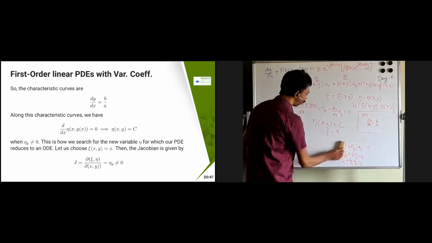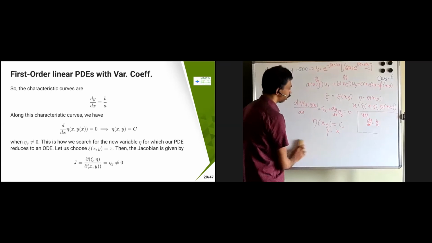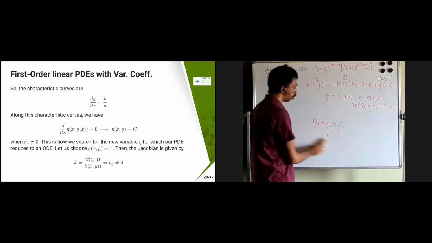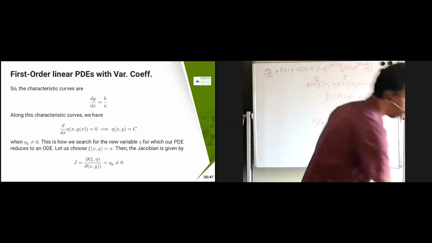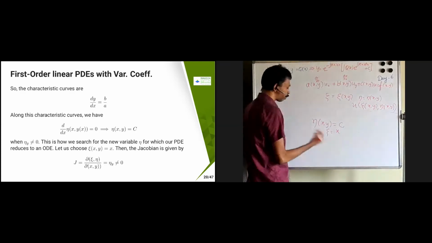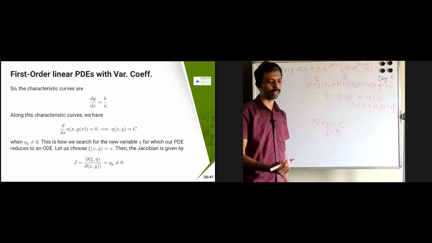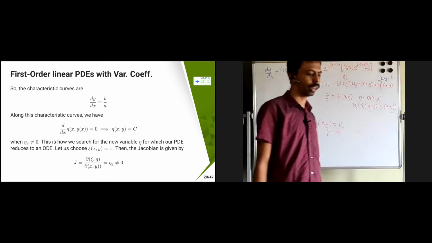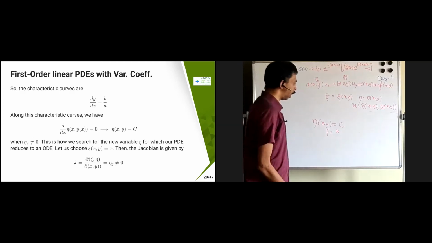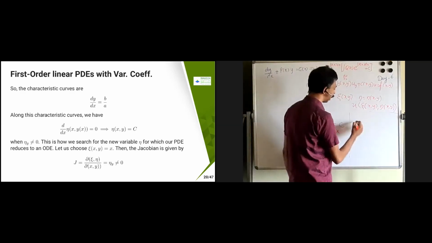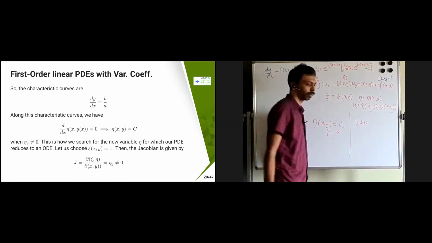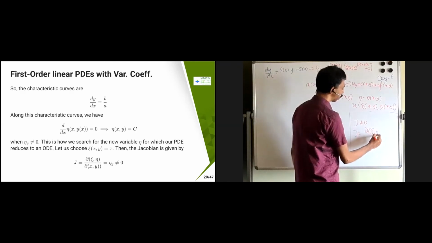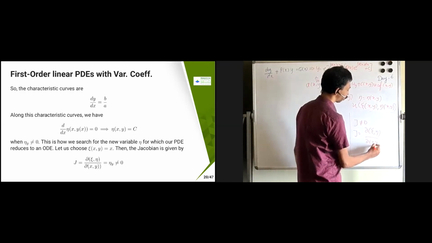As I said earlier, we need to find a coordinate system of this kind, chi equal to x, and eta of x comma y equal to c. Then I have to see whether my Jacobian is not equal to 0. Only then can you say that this is valid. If the Jacobian becomes 0, then you are not going to get the correct answer. I hope you have studied that in your analysis course, so I'm just leaving that. So J not equal to 0 should be there. So what is J? The Jacobian is nothing but dou of chi comma eta divided by dou of x comma y.